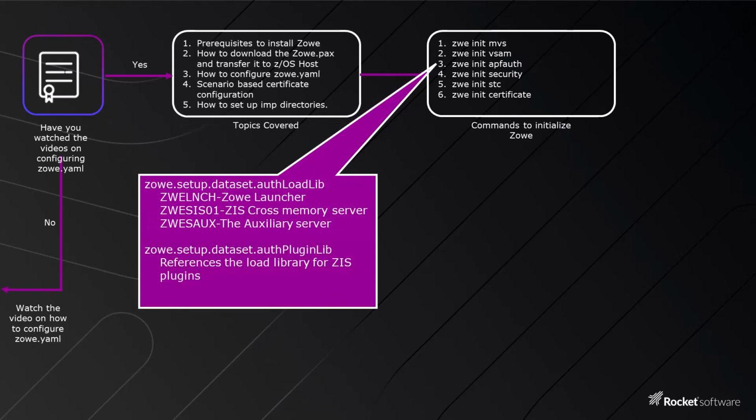The next command is zwe init apf-auth -c, followed by the path of your zowe.yaml file. Zowe contains load modules that require access to make privileged z/OS security manager calls. These load modules are available in two load libraries, which must be APF authorized. The command zwe init apf-auth reads the PDS names for the following load libraries from zowe.yaml and performs the APF authority command. The load libraries are